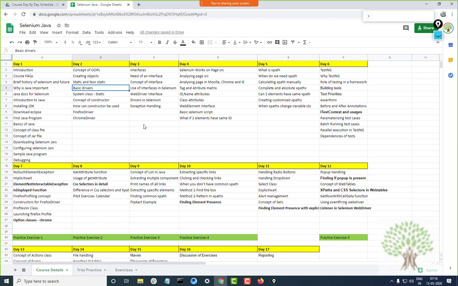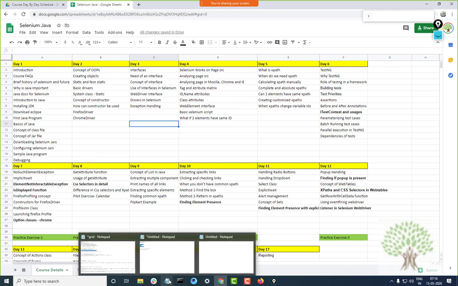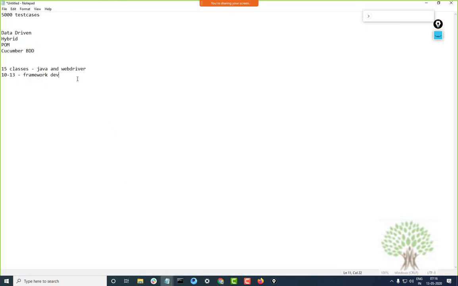But if you want to learn it to a level where you can go confidently and clear an interview, or if you want to learn it to a level where you can maybe work on a project. Okay, right, like I told you, if somebody gives you 5,000 test cases to automate, you have to do that. To reach this level, it takes you minimum 8 weeks.